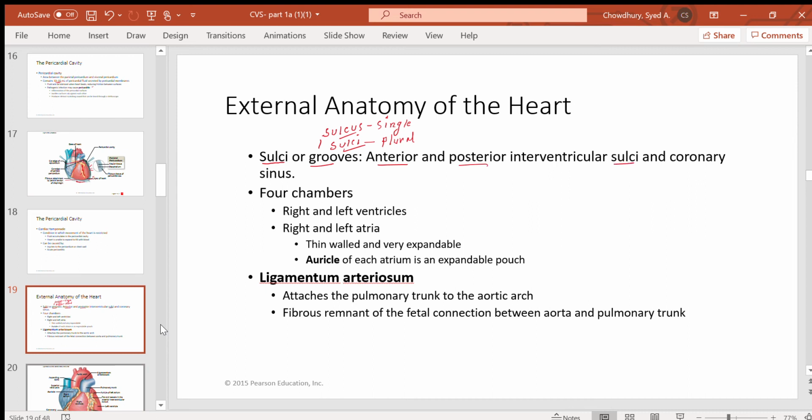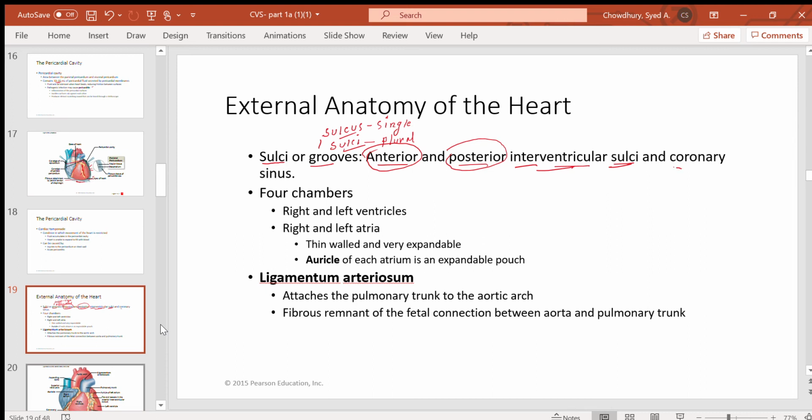That means in between the ventricles, interventricular. How many? Two. One is in the front between right and left ventricles, another is in the back between the right and left ventricles. Okay, so those two, interventricular. And there is another